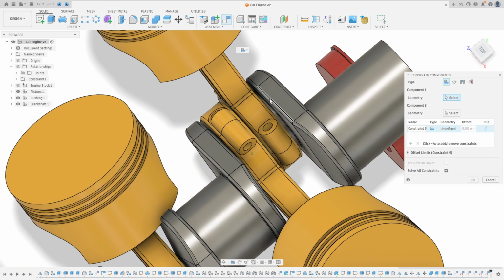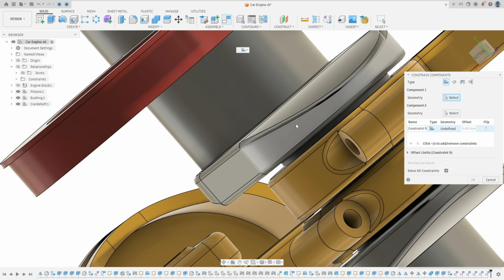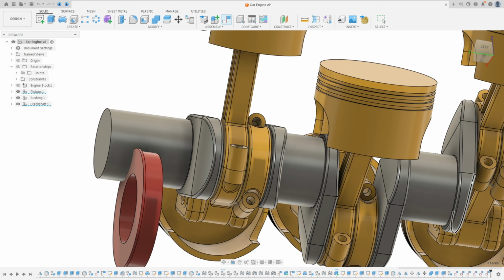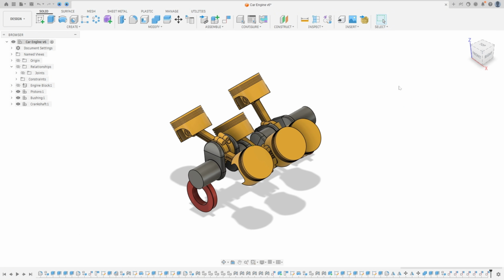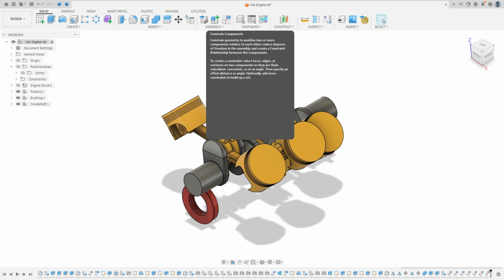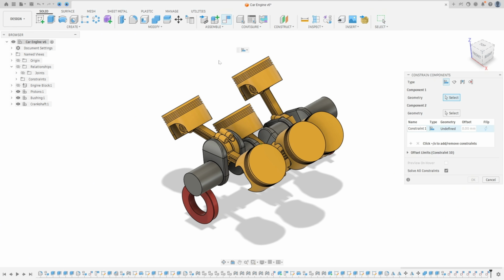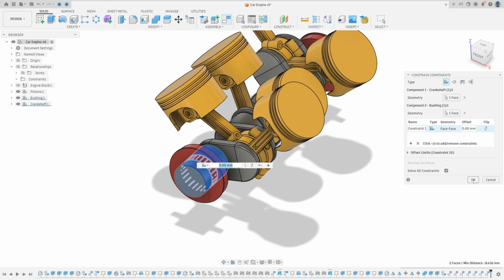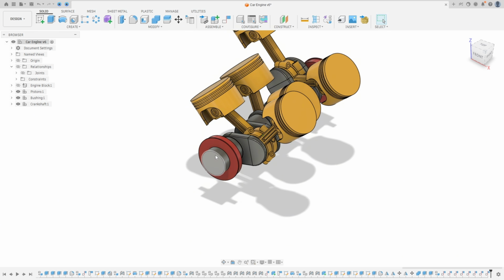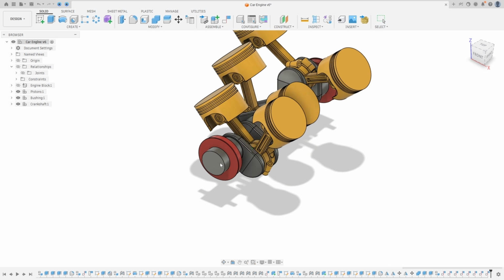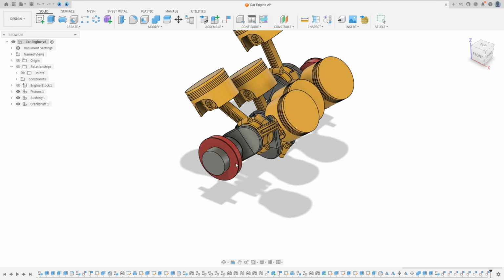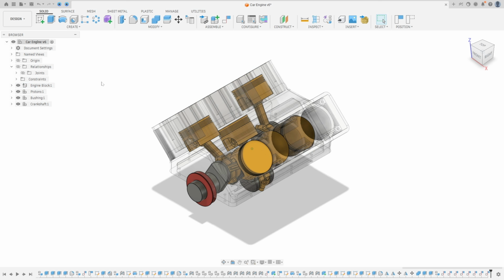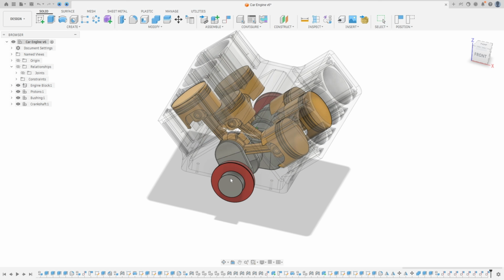And one more time, and here select this face here and select this face and press OK. We made this one, and now go to constraint component, select this face here and this face and press OK. And here, if you click here and rotate this, we'll see the motion. Okay. And now I will show the engine block here, just to show for you. If you rotate this,